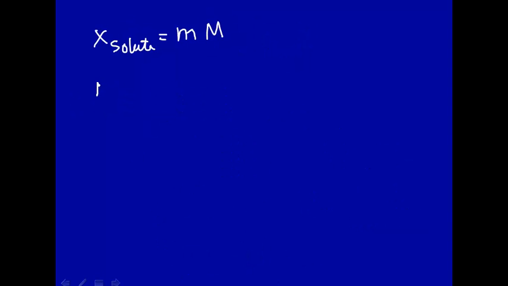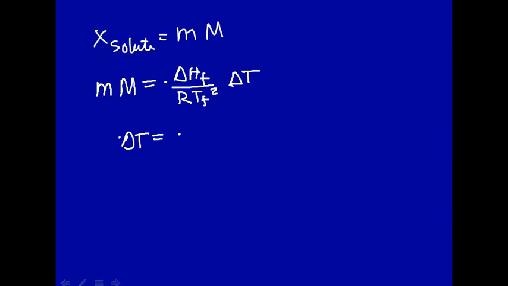So M times M, that's the mole fraction, lowercase m molality, uppercase M molar mass, is equal to the enthalpy of fusion over R times the freezing point of the pure solvent squared times delta T. Or delta T is equal to the molar mass of the solvent times R times the freezing point of the pure solvent squared divided by